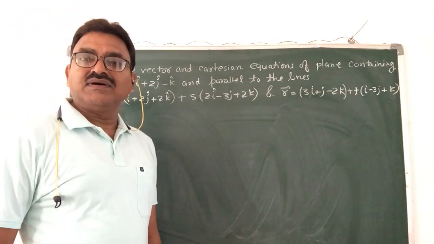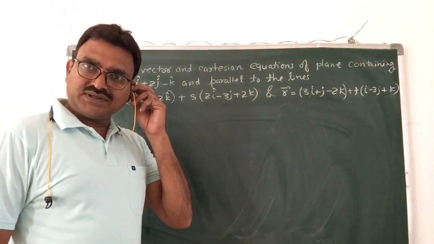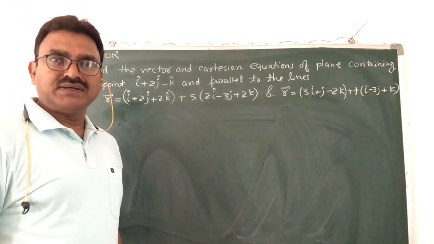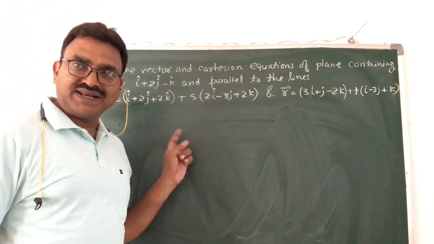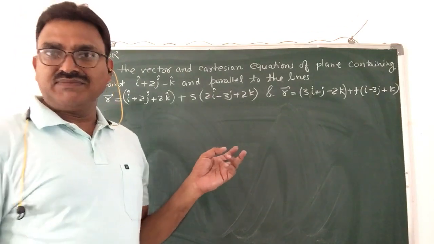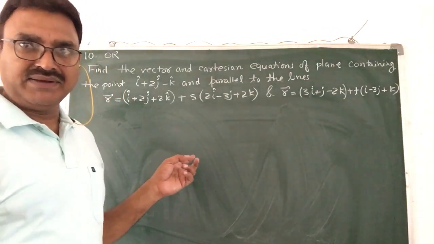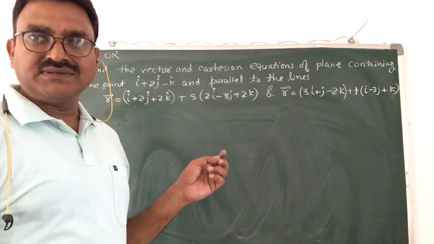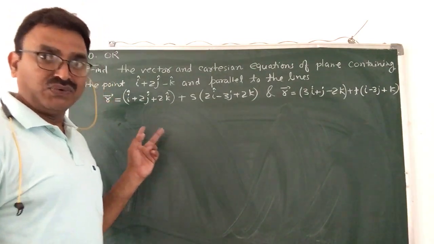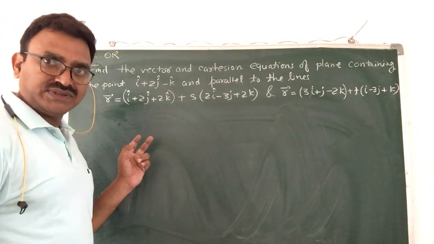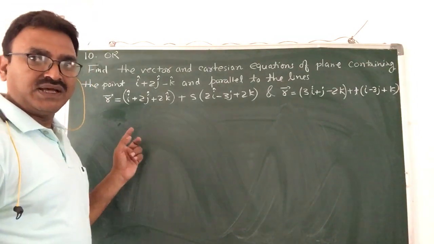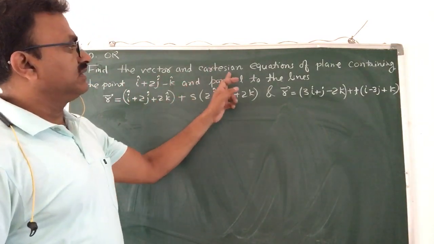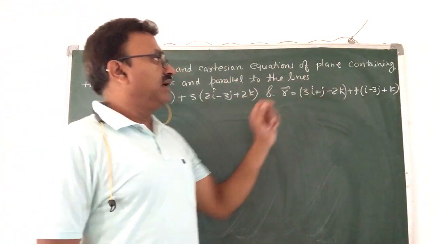Today we are discussing question number 10 of the CBSE sample paper, which is an optional part of question number 10, and it is also very important, dealing with the equation of a plane if we know a point and the plane is parallel to two given lines. So now first we will read the question, and the question is: find the vector and Cartesian equation of the plane